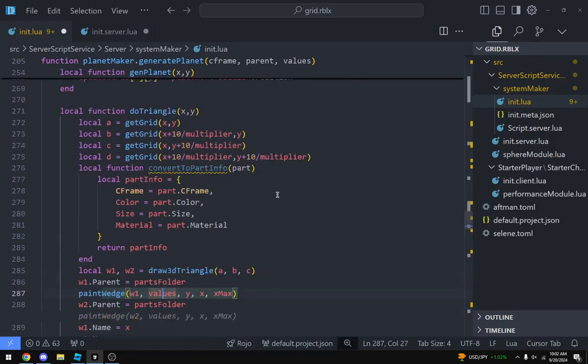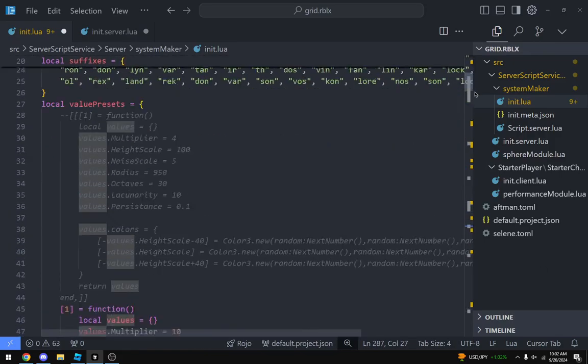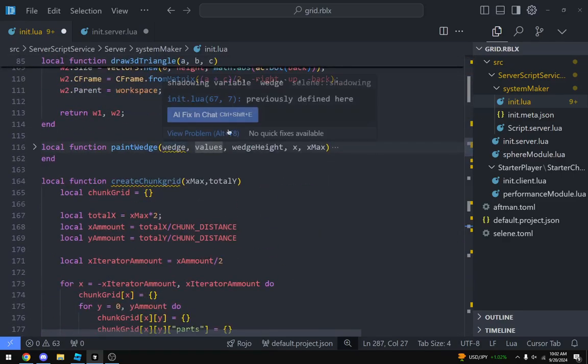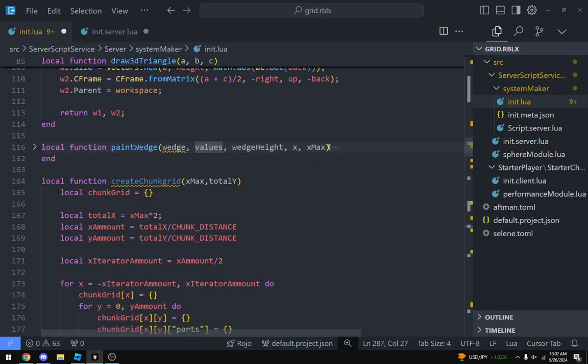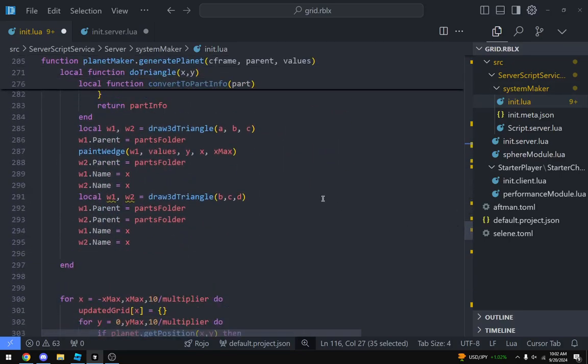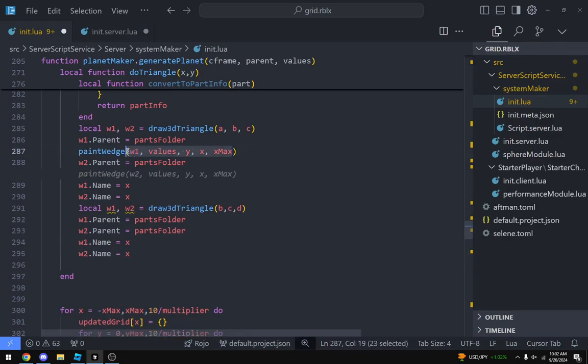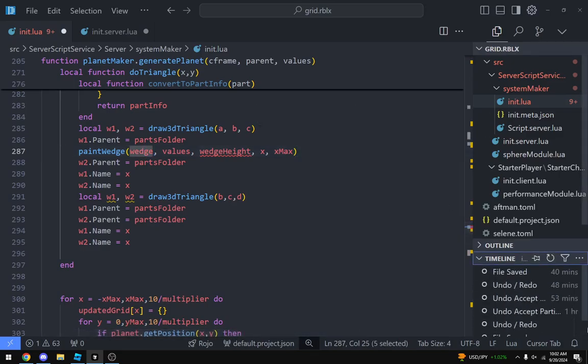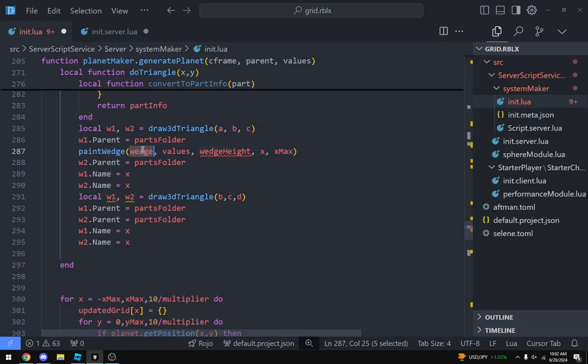Values yx x max. Wedge values. Wedge height.